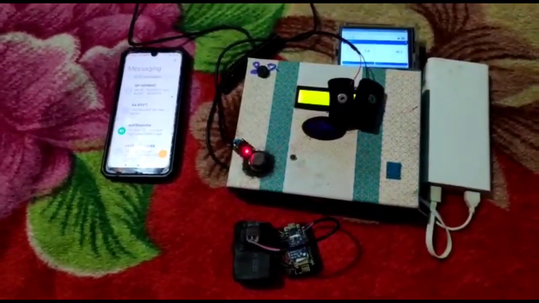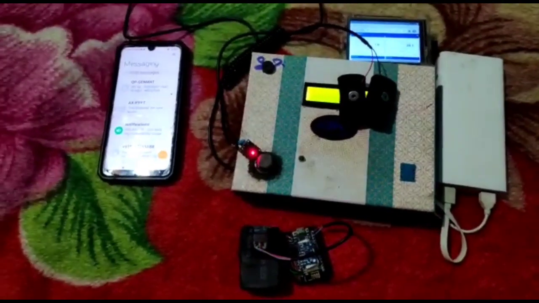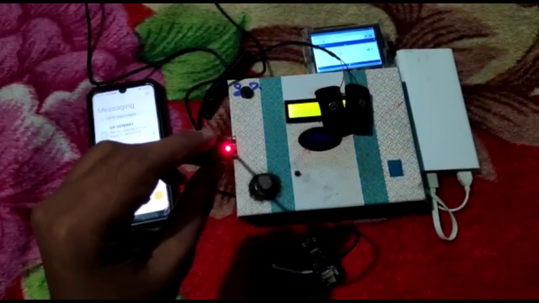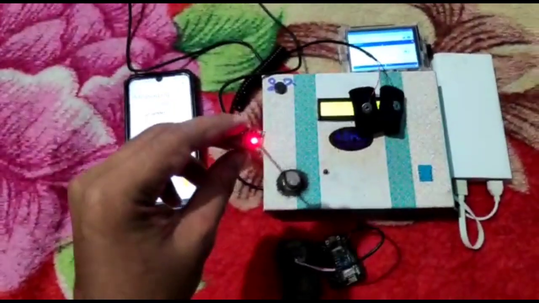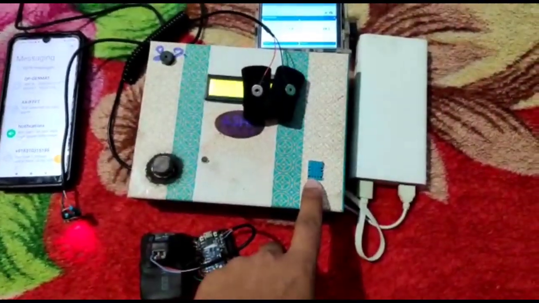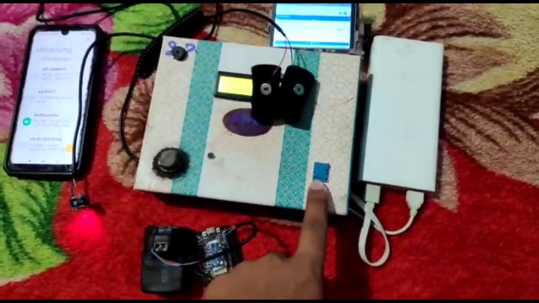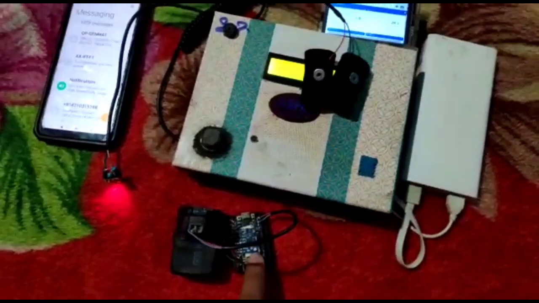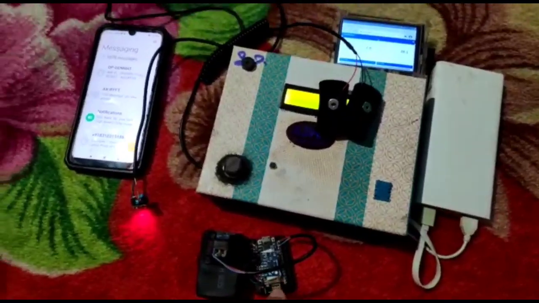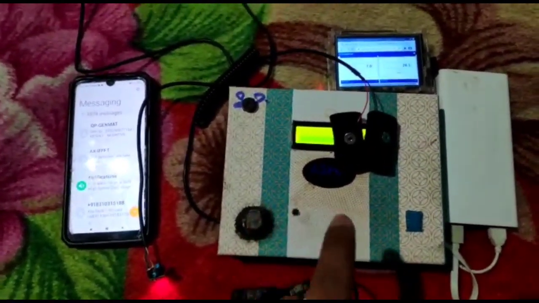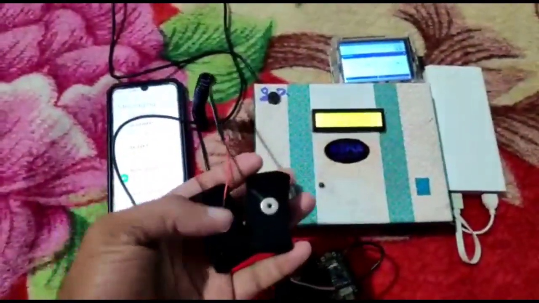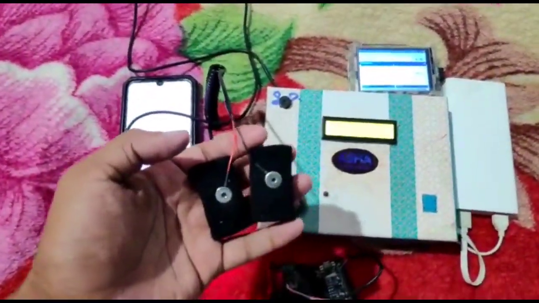Our project consists of seven types of sensors. One is the pulse oximeter, which is also called the O2 SAT sensor, and another one is the DHT11, which is also called the humidity and temperature sensor. This is the fall detection sensor, which uses the MPU 6050 sensor. This is the gas sensor, and this is the galvanic skin response sensor, which is used to measure stress and emotion.